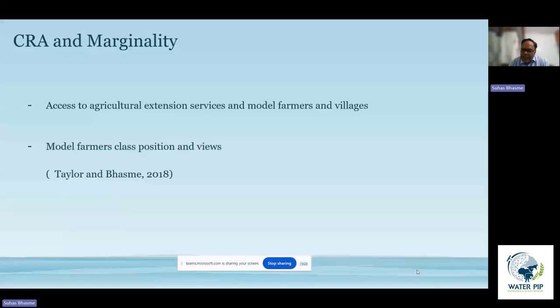model farmers themselves are actually appointed by the institutes, by the agricultural bureaucracy, selecting a particular kind of farmers, who are again affluent farmers who have an adequate amount of land and accessibility to resources. That might have a very functional purpose as well, because you need to demonstrate the success of a particular intervention. So that might be the necessity. But the way these model farmers manipulate this access to the bureaucracy is also interesting to understand.